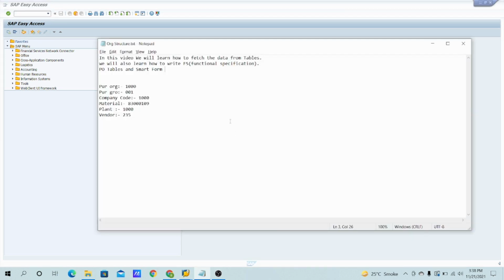In this video we'll learn how to fetch the data from the tables, and we'll also learn about the functional specification, that is called FS also, and we'll check the PO tables and smart forms, and what kind of changes you may get at the time of your support project. So in the support project, the FS is the most important thing that we need to know, because due to this only the ABAPer knows what kind of changes